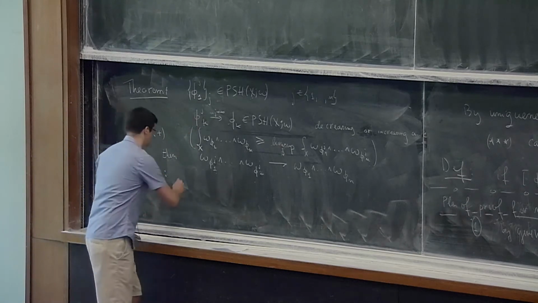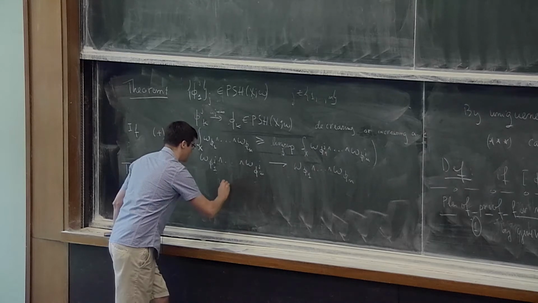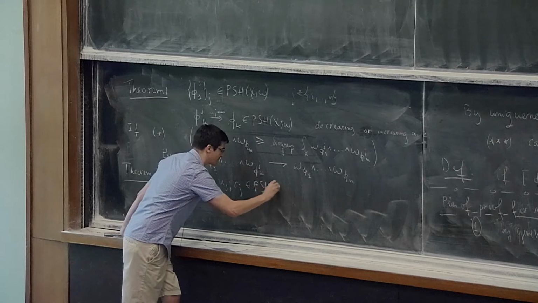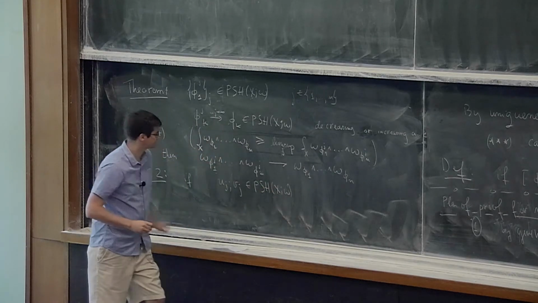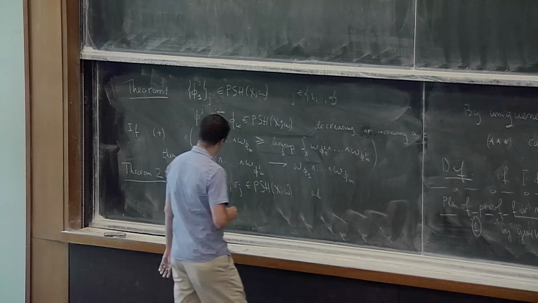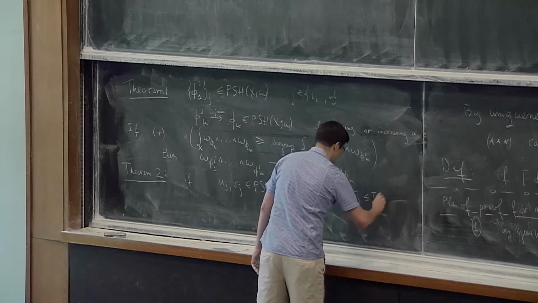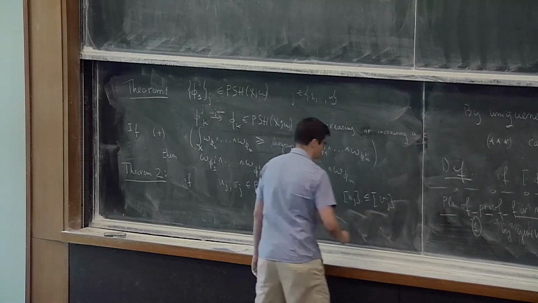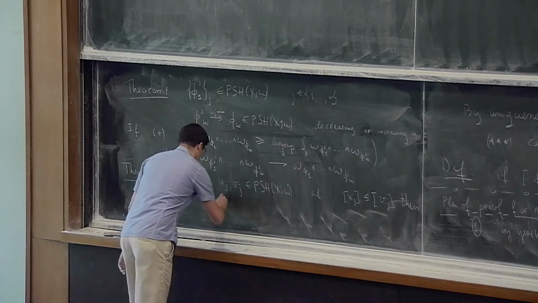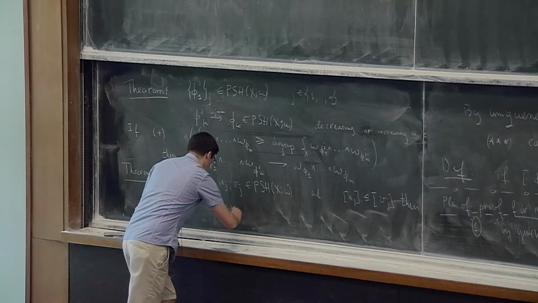So if you have plurisubharmonic functions, u_j and v_j, and the singularity types of the u_j's are less than the singularity types of the v_j's, then the full masses of the non-pluripolar products